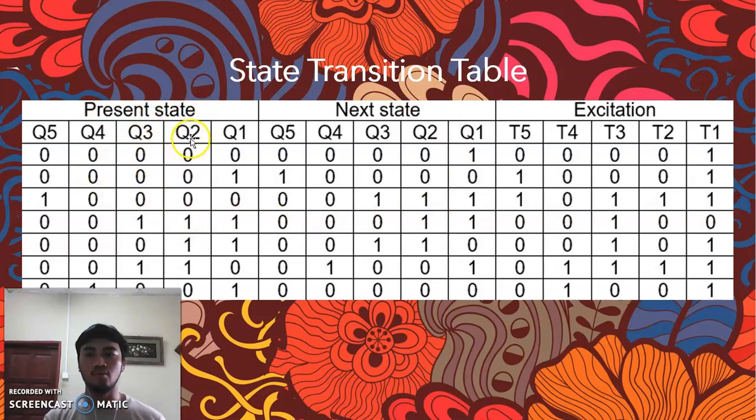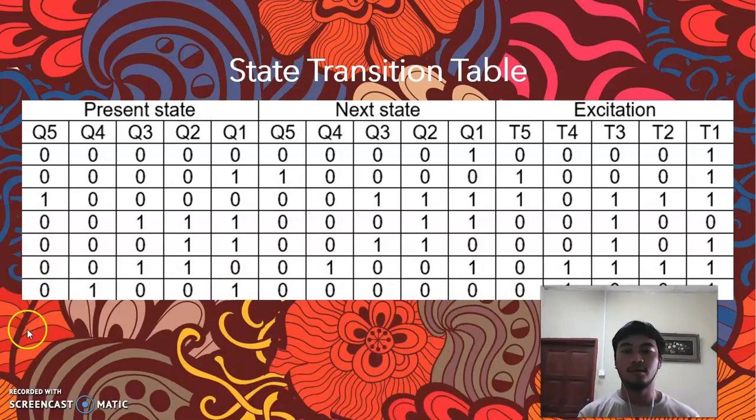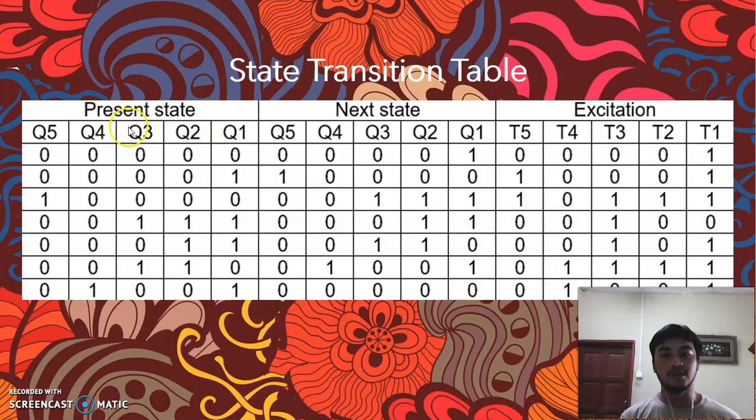That is how we need to provide this present state transition table, and how we put the numbers here. After the last number, which is number 9 in 0107369, 9 is 01001. After this number 9, we repeat the sequence, and because of that, the next state of the number 9 is back to the first 0, which is 00000. That is the present state and next state in the state transition table.